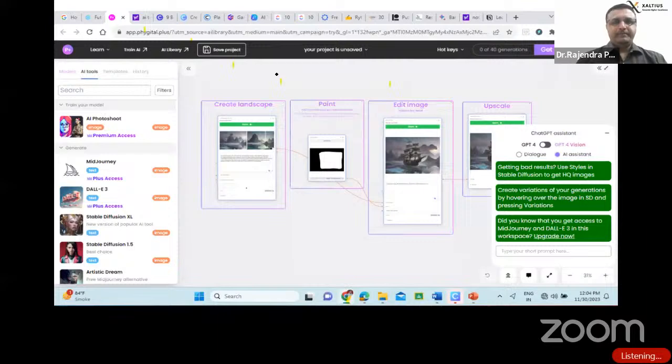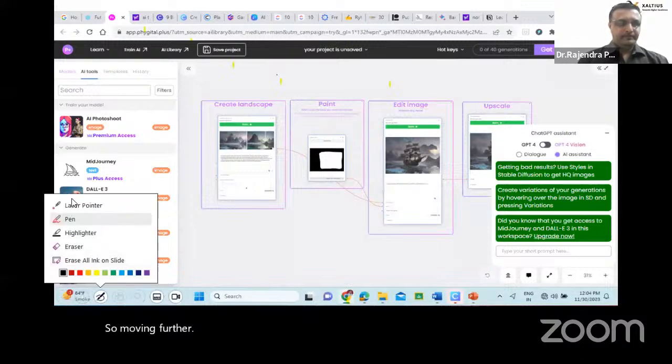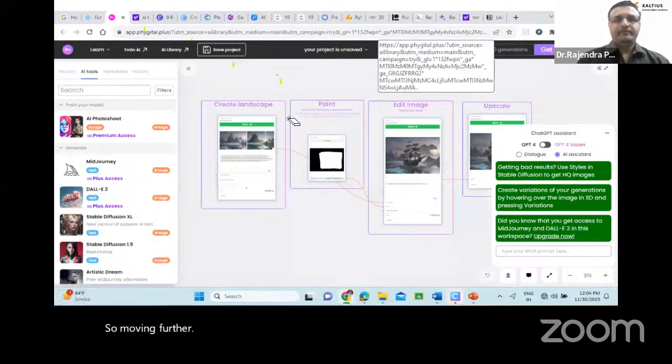So moving further. So here you can see the app digital.